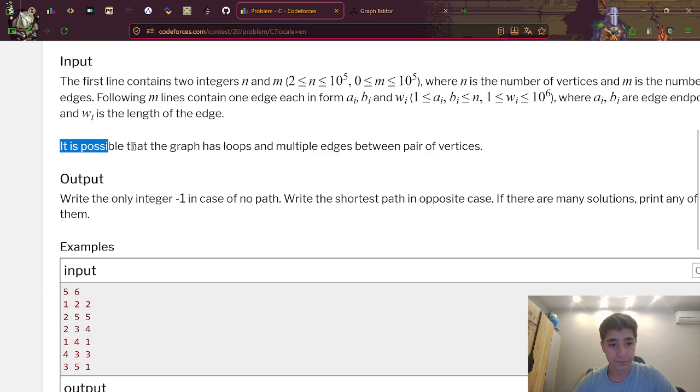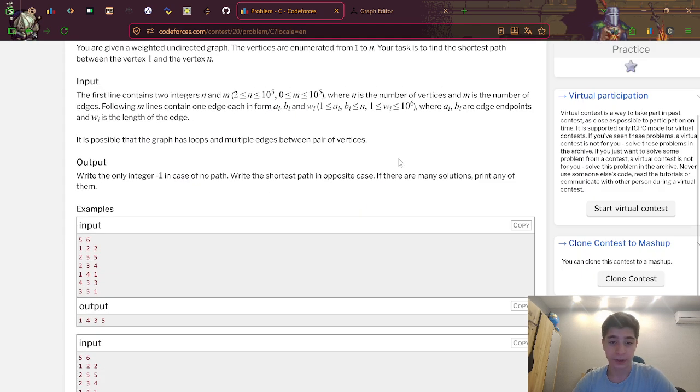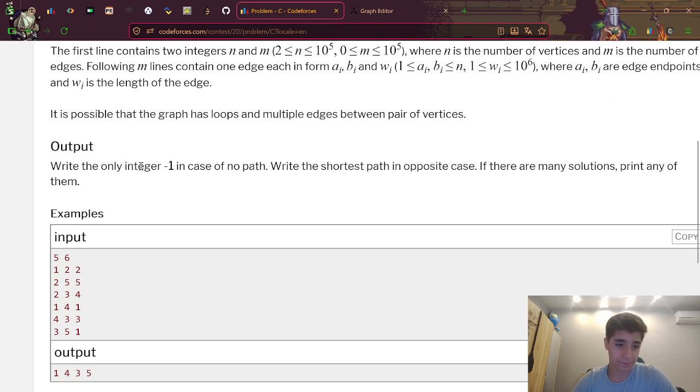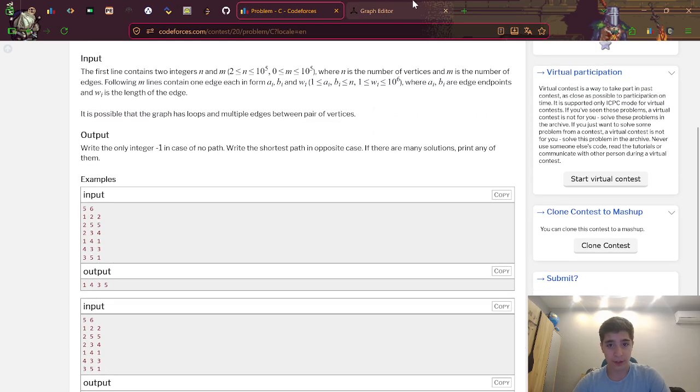And oh yeah, I see. It's possible that the graph has loops and multiple edges between a pair of vertices. Okay, right. Write the only integer -1 in case of no path. Oh, it's possible. Okay, so